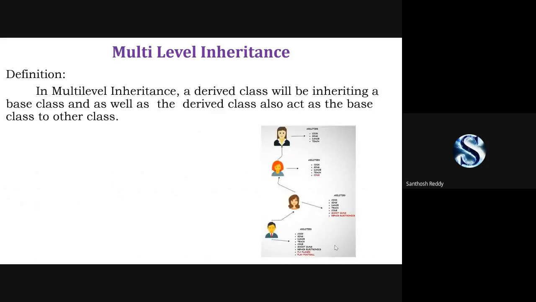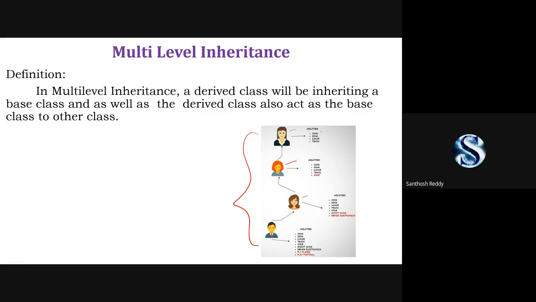Here you can check it out where we have a single level inheritance. You can refer to this figure. How the multi-level inheritance works here: this boy is a child of this mother, and this lady is the child of this one, and this is the child of this one, similar to your ancestors. You can check it out here.